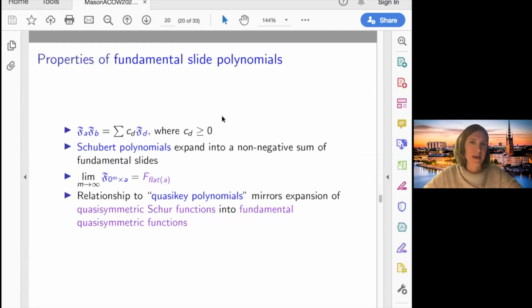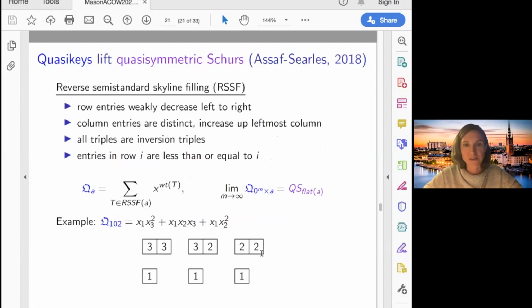And again, they have positive structure constants. The Schubert polynomials expand positively into them. And if you take the limit, if you start padding with zeros in front of your composition, then you get back Gestel's fundamentals. And then there's also a nice relationship to something called quasi-key polynomials, which is a lift of the quasi-symmetric Schur